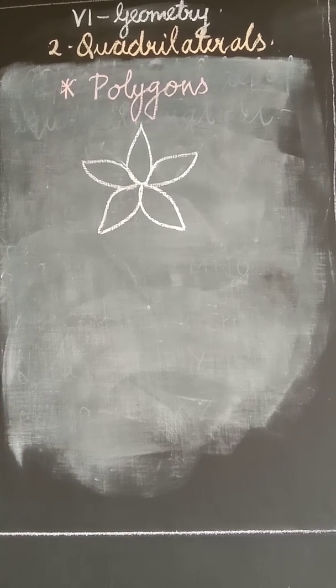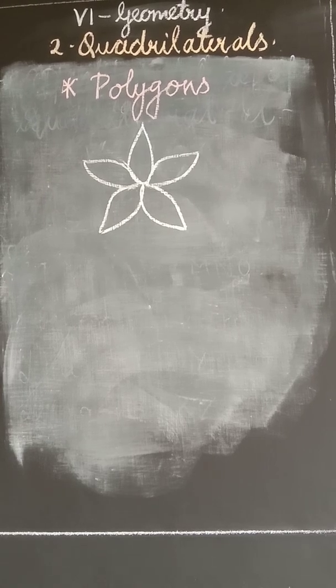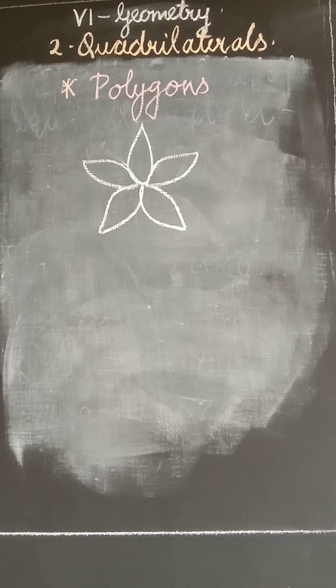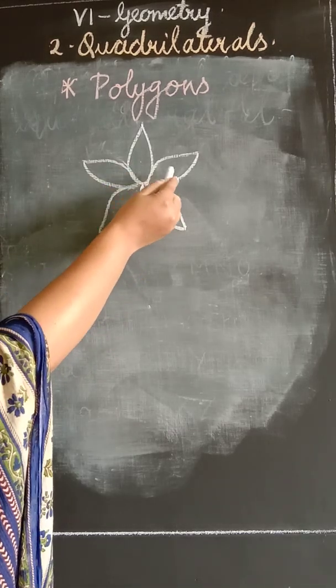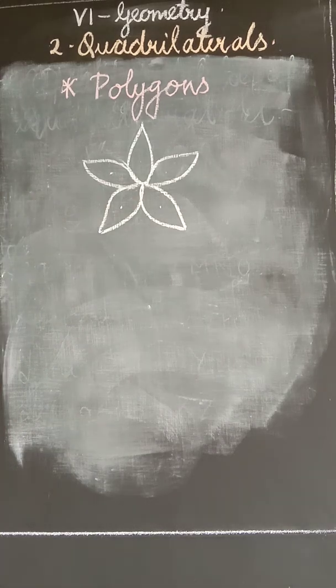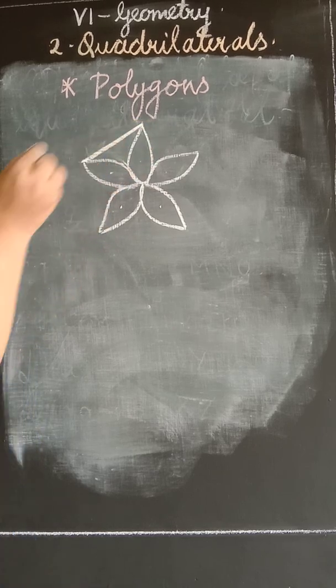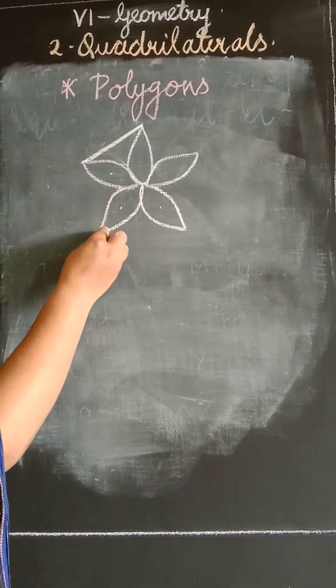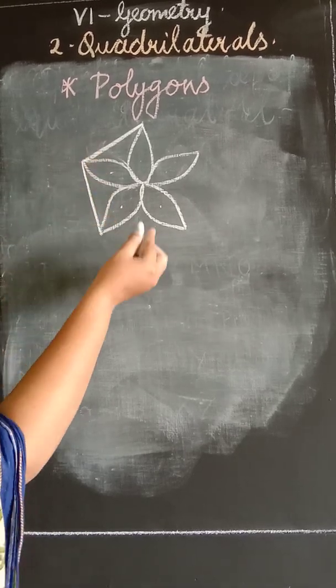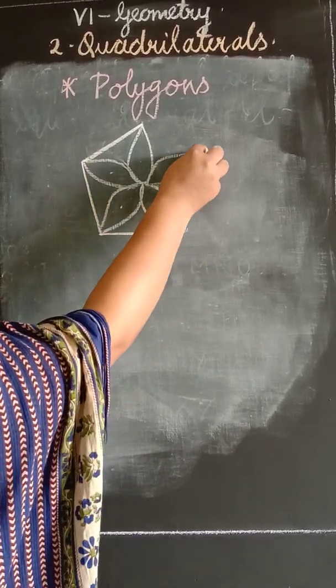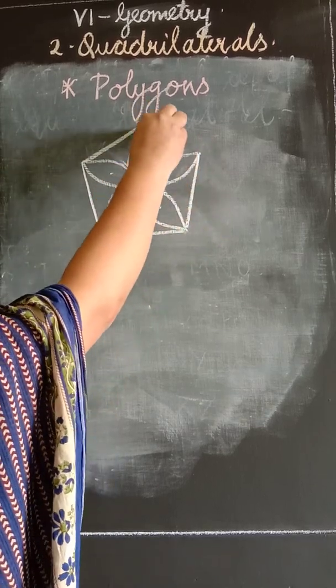So now let's begin with the new point, that is polygons. Okay, so you can see a flower on the board. Yes, can you tell me how many petals this flower has? Yes, the flower is having 1, 2, 3, 4 and 5 petals. Okay, now what I will do, I will join the tips of the petals one by one. This petal I will join here, suppose in this way. Yes, now this tip I will join to this tip, here to here, this to this, and the last 2 tips I will join.